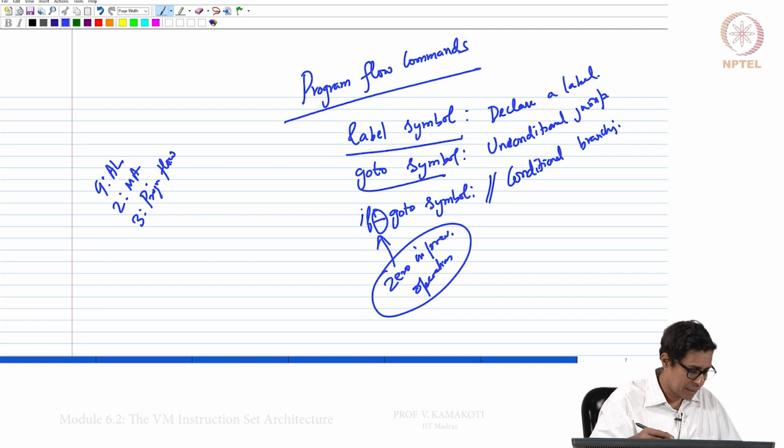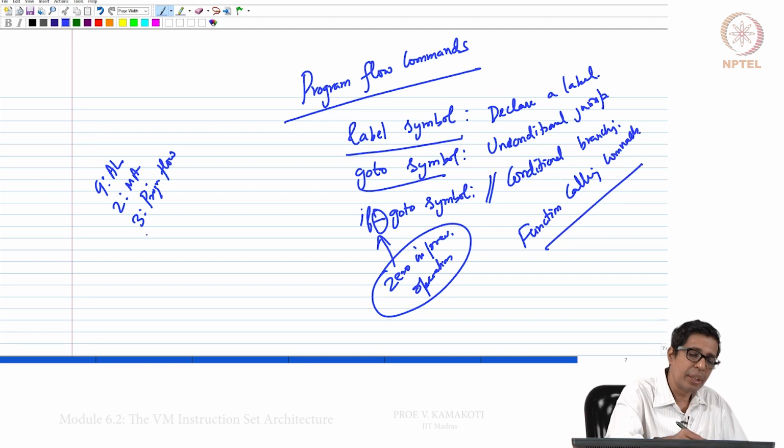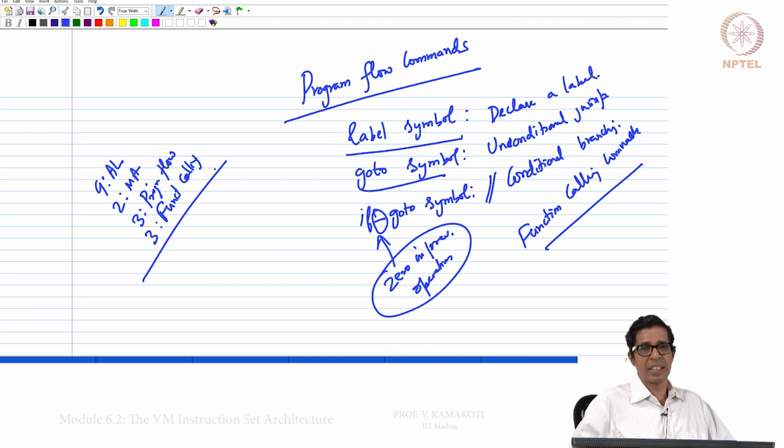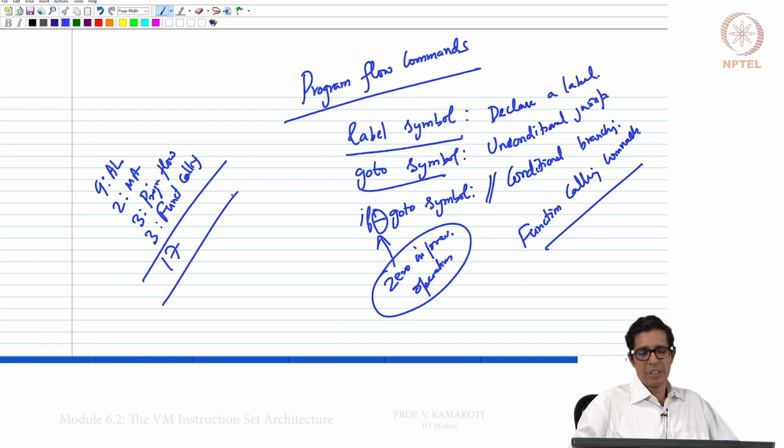and the last one that we will be discussing is function calling commands. We will have 3 of them. So the total number of instructions in your virtual machine is 11 plus 6, that is 17 instructions. That's all.